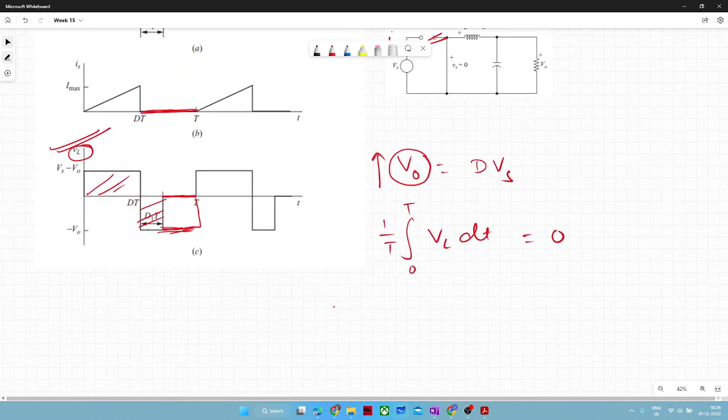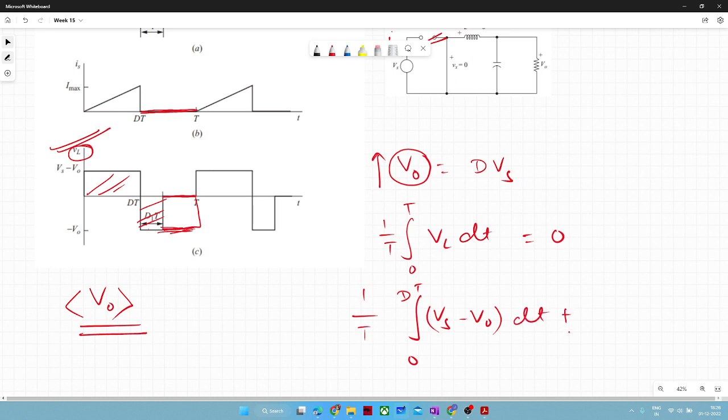From this expression only we can easily calculate the average value of V naught. Our objective is to calculate average value of V naught. So 1 by T from 0 to DT, the VL value is nothing but the Vs minus V naught dt plus